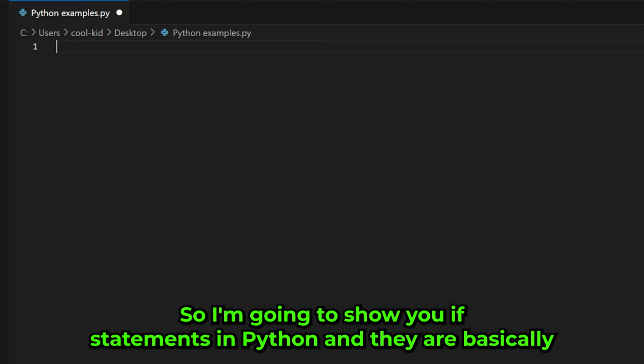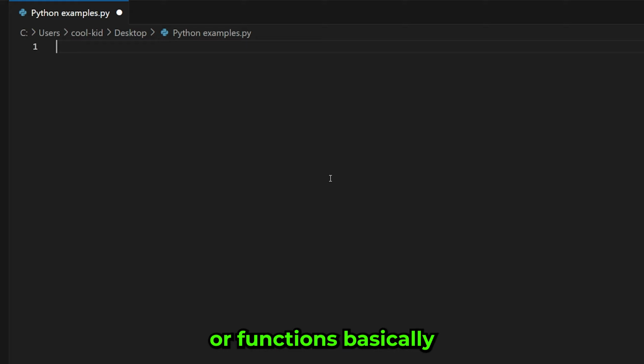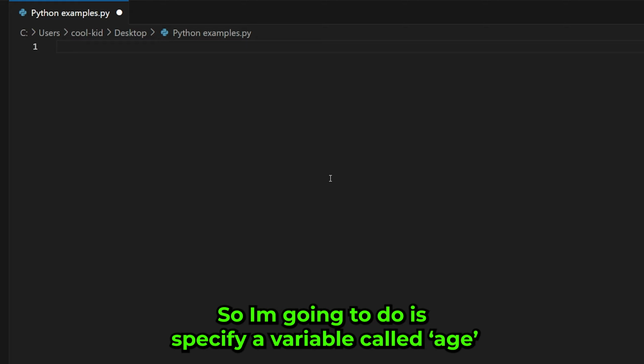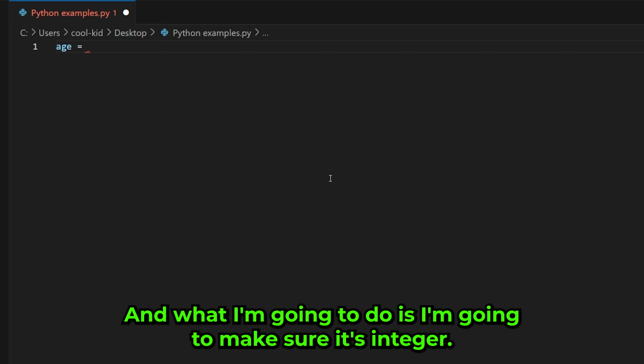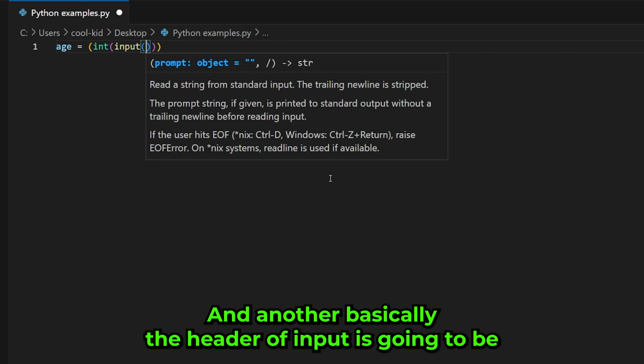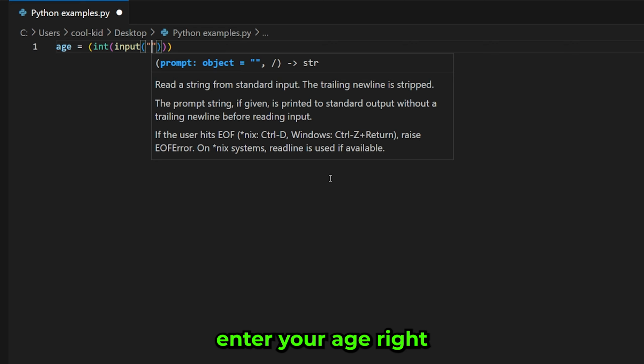Right? So I'm going to show you if statements in Python, and they're basically one of the most important features in programming, because this is the base of programming. So what we're going to do is specify a variable called age, make sure it's an integer, and then specify an input, and the header of the input is going to be "Enter your age",